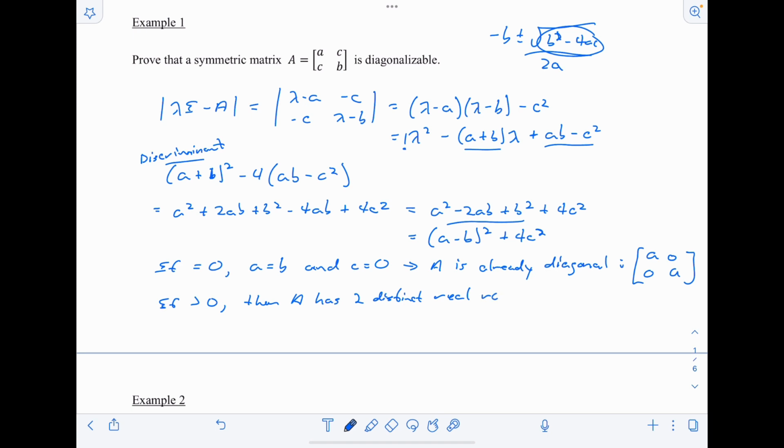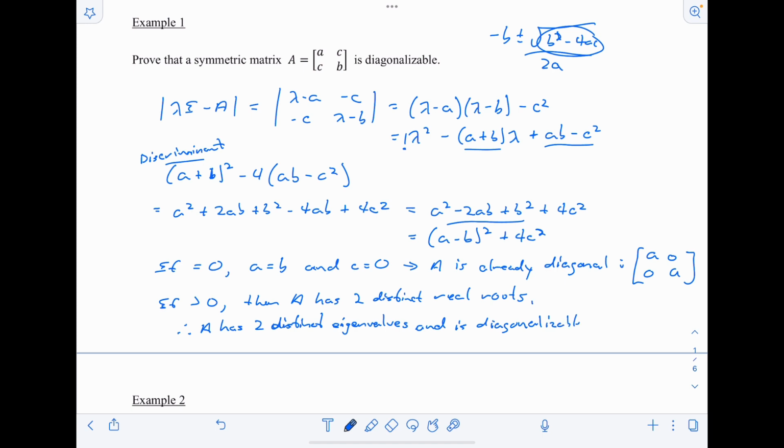And if we have two distinct real roots, or two unique real roots, then a has to have two distinct eigenvalues and is therefore diagonalizable. Okay, so therefore a has two distinct eigenvalues and is diagonalizable. Again, diagonalizable because,